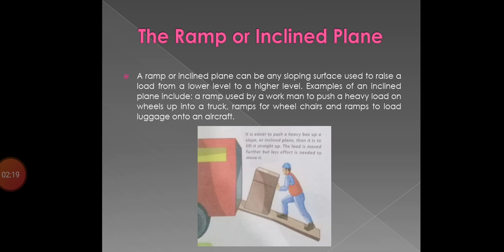One more example I want to give you is from ancient times. You are very well aware about the Egyptian pyramids. It is believed that the Egyptians used inclined planes or ramps to build the pyramids. And one more thing, please remember that inclined planes are stationary. They do not move. But it is very helpful to use a longer board for inclined plane rather than a shorter one. So it's easy to move heavy objects from lower level to higher level.